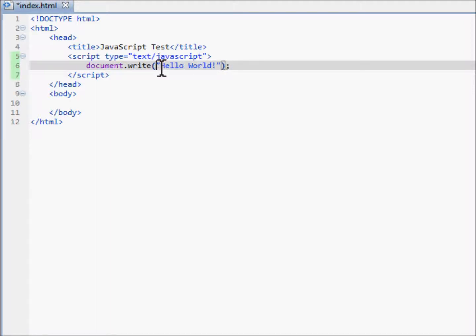Hello world. So functions as normal for scripting languages and programming languages. You have a parenthesis to declare your parameters in, and then quotation marks to declare one parameter as a string, and this one happens to be hello world inside the string. So now if we run this as a Firefox thing,